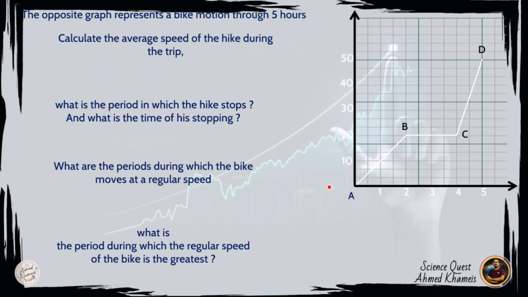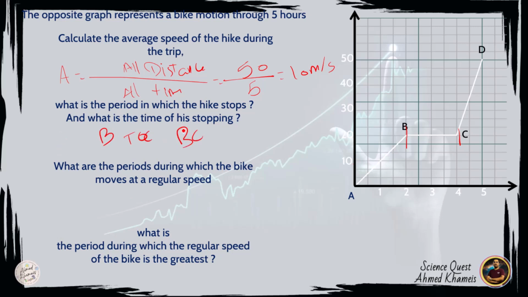In the opposite graph, calculate the average speed of the bike during the trip. The average speed equals all distance over all time. The all distance will be 50 meters in time 5, so it will equal 10 meters per second. Which is the period in which the bike stops? Stops means that he doesn't change position, so the graph will be represented by a straight line parallel to the time axis, so it will be from B to C